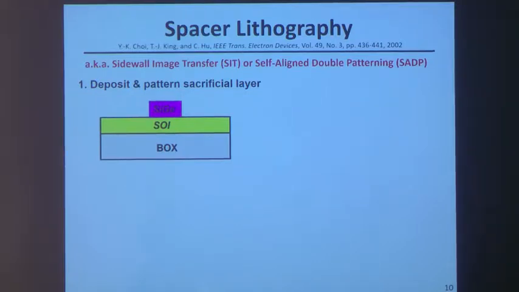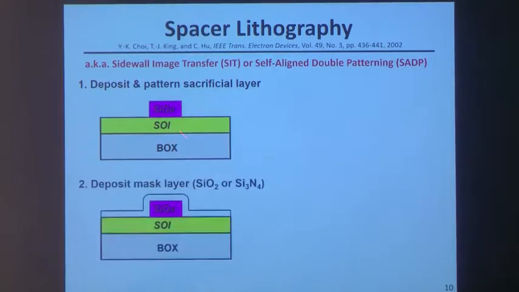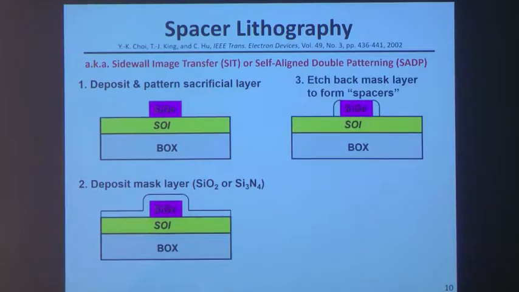But basically, to pattern the fins of a FinFET, and we started with a silicon on insulator substrate, we use ordinary lithography to define, let's say, a stripe. This is a cross-section of a stripe. And the stripe we initially used silicon germanium, and I'll explain why later. Then we can deposit conformally by conventional chemical vapor deposition an oxide or nitride layer. Because it's conformal, vertically it has a greater thickness along the sidewalls here. And if we etch back this deposited layer anisotropically, we can end up with these spacers